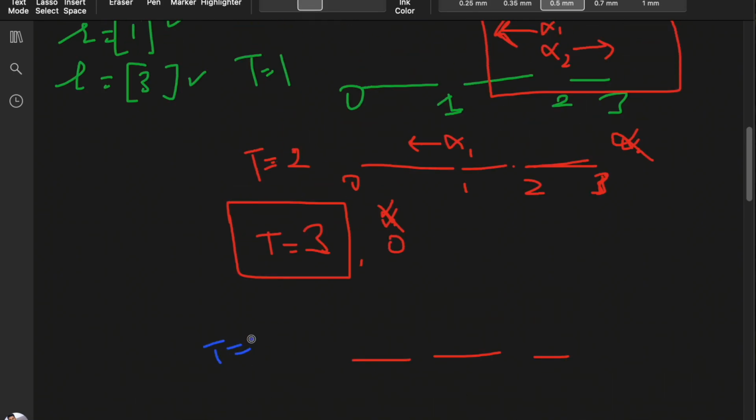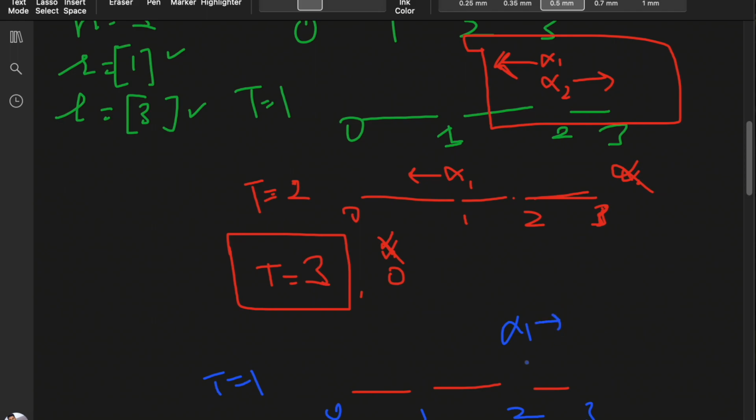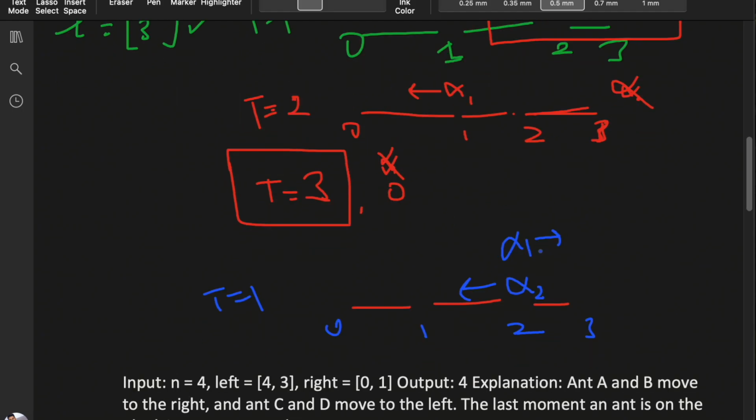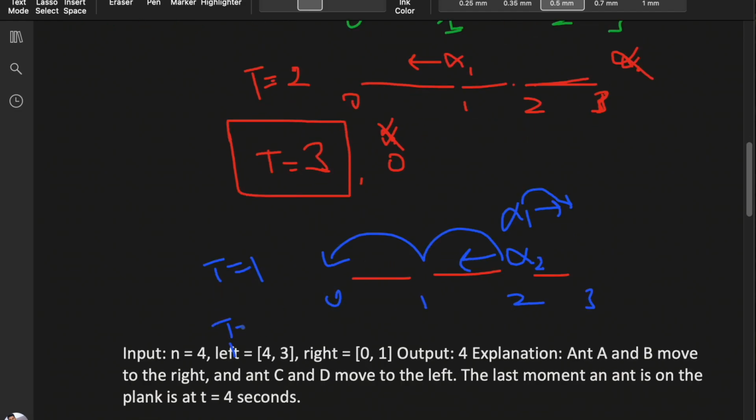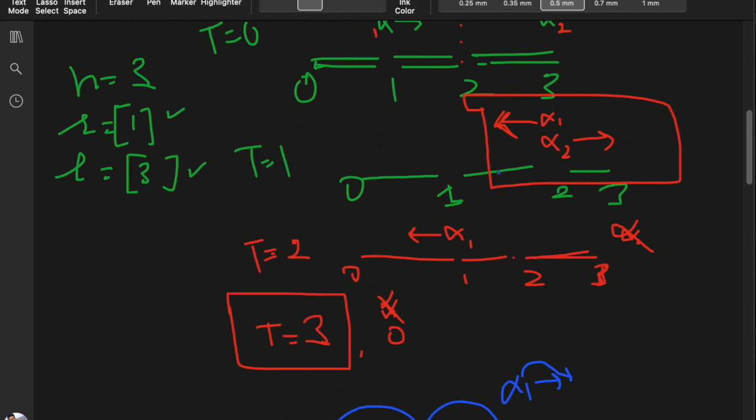So at t equal to 1, what was the state? 0, 1, 2, 3. x1 will keep on moving in the right direction, x2 will keep on moving in the left direction. So how much time will it take now? After 1 unit of time, it will fall off the plank, after 2 units of time it will fall off the plank. So at t equal to 3, all the ants would fall out of the plank, and it would be our answer. So what we can assume is that this collision is not affecting our solution, and nothing is happening